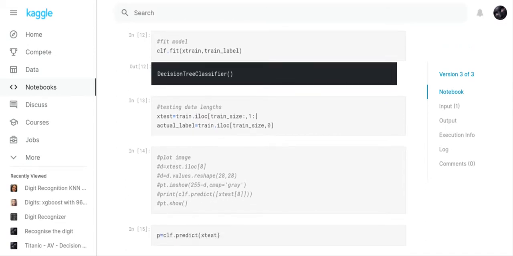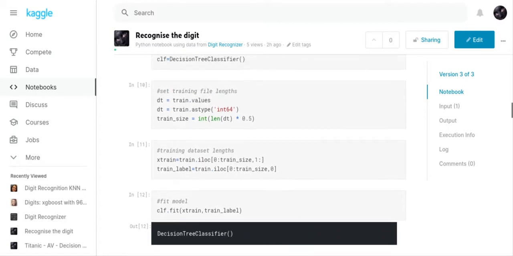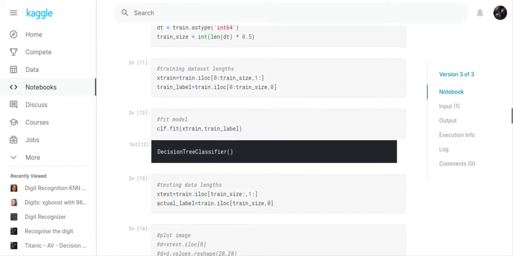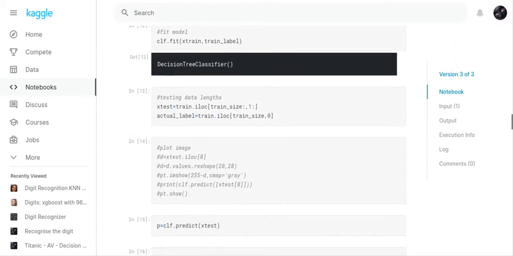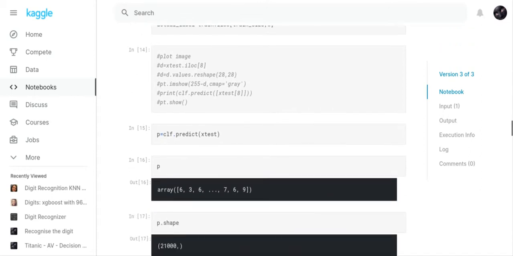So we fit our model. So clf.fit(X_train, train_label). You notice here we set up train label here and X train. And then if you wanted an image, you can use this text right here to actually get an image. And that was the original